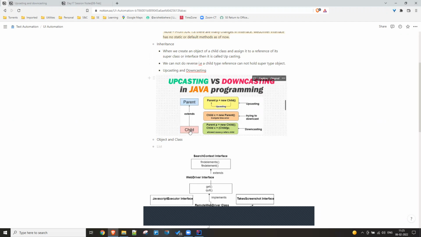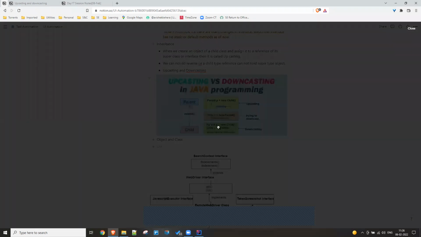We cannot create a reference of child and create an object of parent, because this interface you cannot create. You cannot create an instance of an interface itself. Even if it is a class, if you do a downcasting, it will throw an error. We'll see how. So in typecasting, there are two things: upcasting and downcasting. If you look at this image,